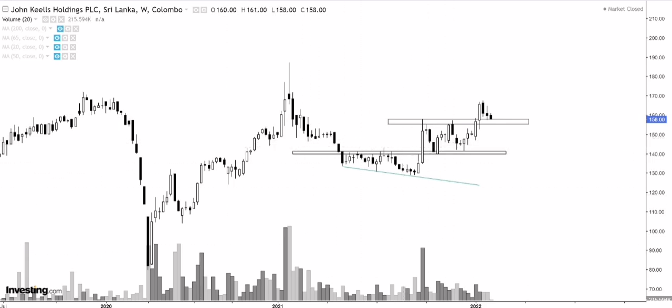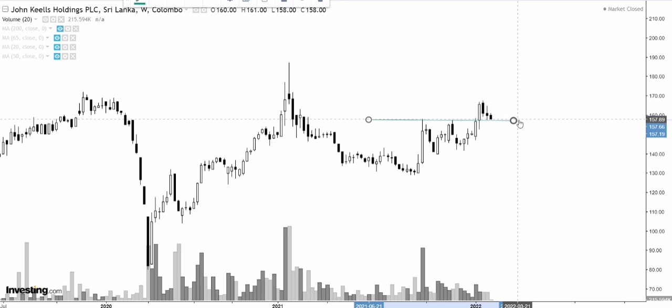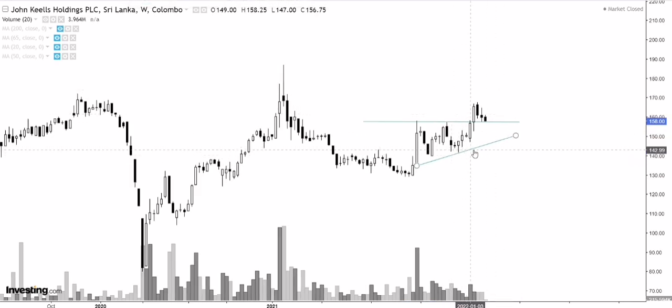So if we get rid of all of these lines over here, we also see another formation which looks like an ascending triangle. So we have a confirmation line over here, and then we obviously have an upward sloping trend line, which is over here. What we are seeing as of now is we saw this heavy volume breakout over here. We saw volume coming in, but now we are seeing obviously a throwback towards the support level around this 155